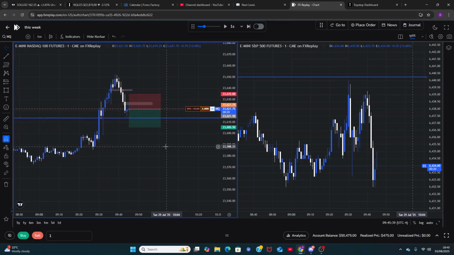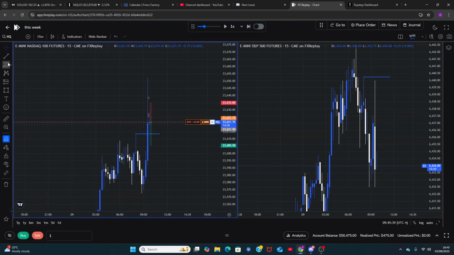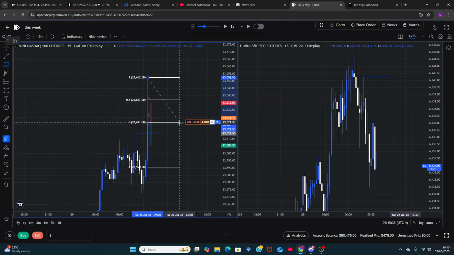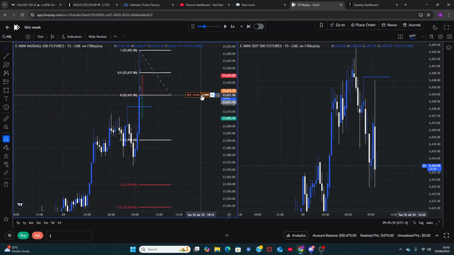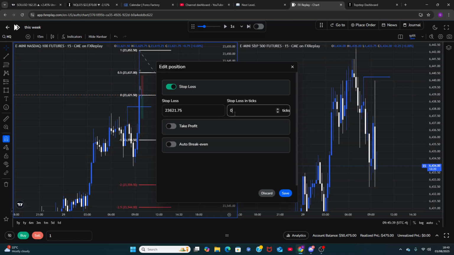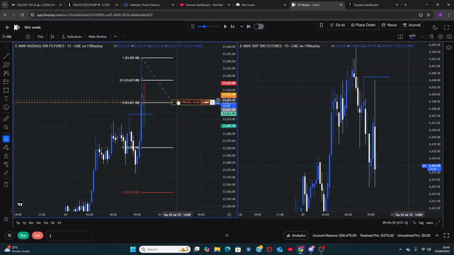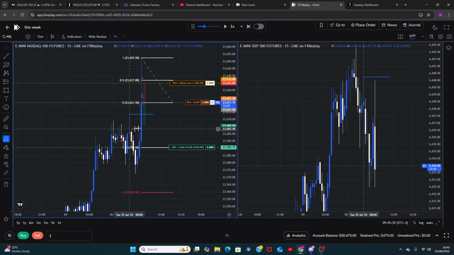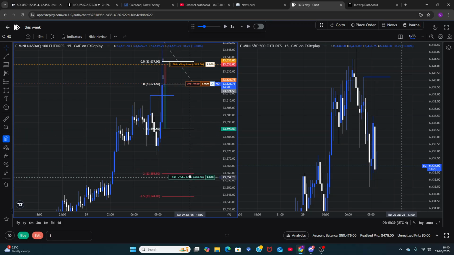Now targeting, right? Again, what would you do? You would use a fib. So the 50-minute candle close, we can use a fib on this candle here. You can definitely just target the -1 or the -2, 2.5 if you feel dangerous, but I wouldn't do that. It's pretty far down. But let's just drag the stop loss up there. Drag the TP. If you want to just do that, it's pretty good for now. I mean, how many points is that? To be honest, you could target this. Let's just try and give it a go.